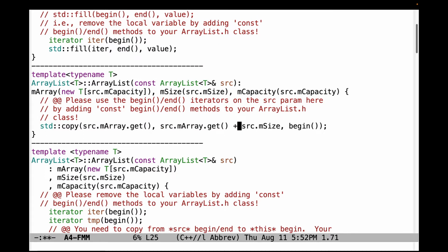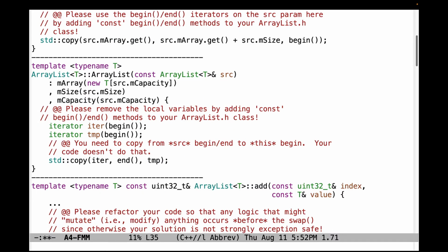Please avoid using the source array.get methods, which require awkward pointer arithmetic, but instead use your begin and end iterators on the source param, and you'll have to do that by adding the const begin end methods to your ArrayList.h class. Down here, similar thing, we don't need to make local variable iterators if you add the const begin end methods